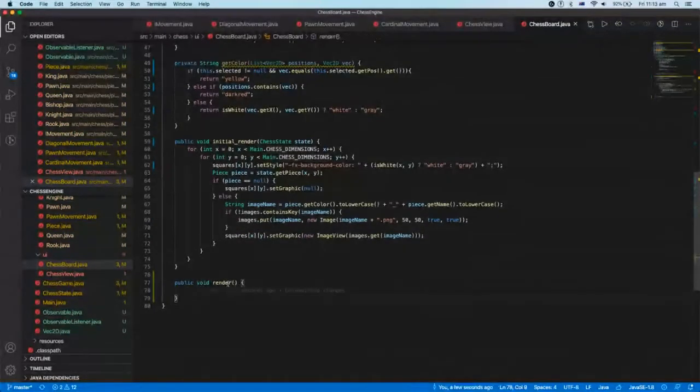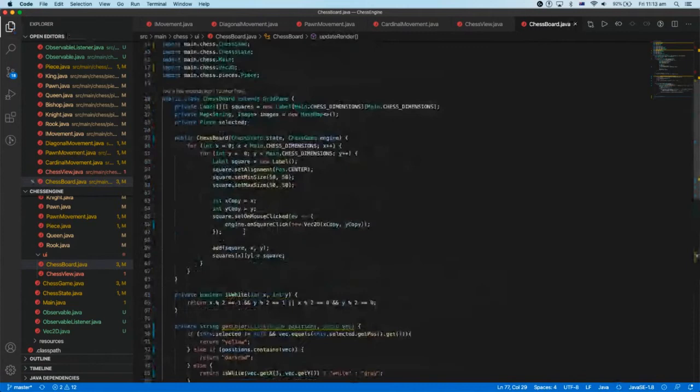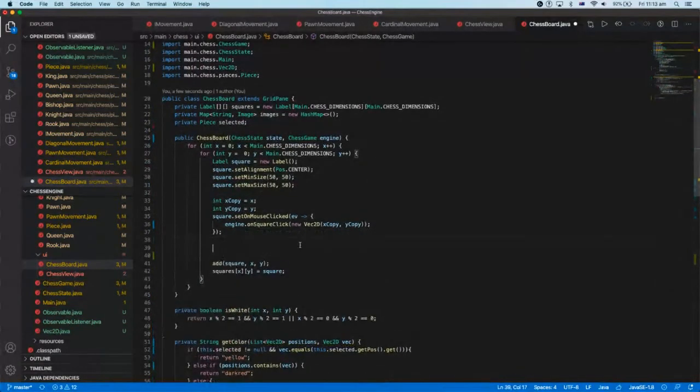Yay, we only have one more event, which is update render, which, guess what, is very easy. So all we have to do to update render is we basically just have this function here. Because see how we grab the square here and we have the state? Well, what we can do is we can also go piece equals